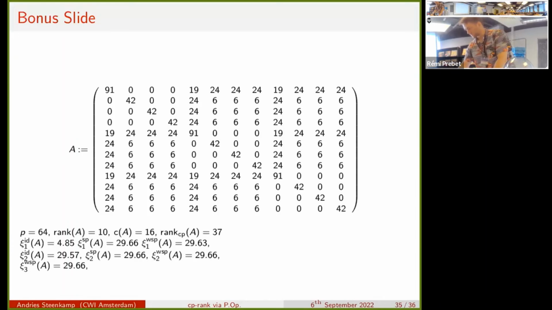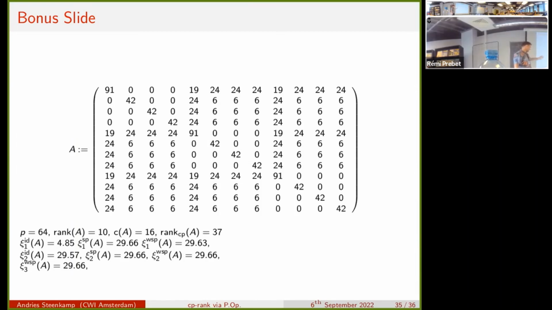Maybe, let me just check my last example. It says bonus slide, cut content. This monster was constructed specifically to have high CP rank. So let's just quickly see. I think this one has clique size 4, so it's a tripartite graph. So there's one part, the other part is 4, 4. So T is 6. Sorry, what was the question? What is T here? Yeah. So T is the level of the hierarchy. So I've only computed T here, like 1, 2, 3.